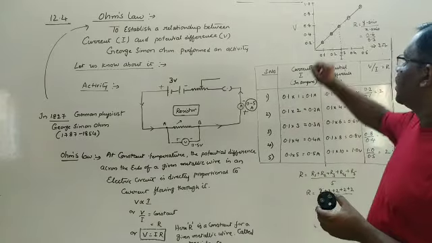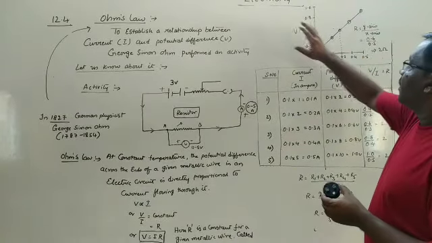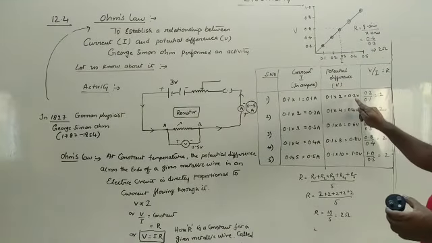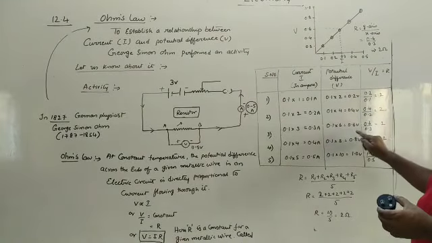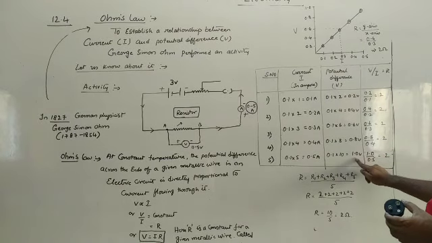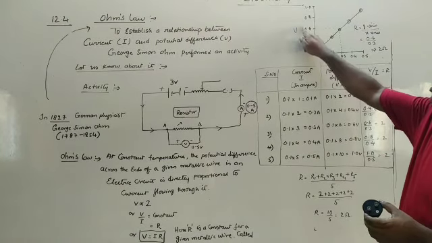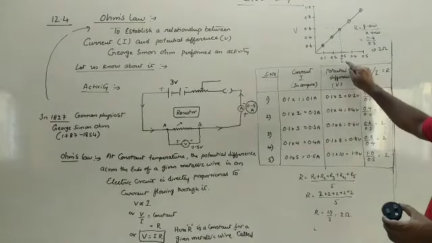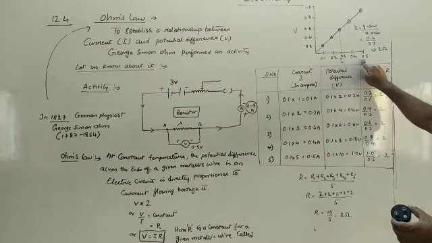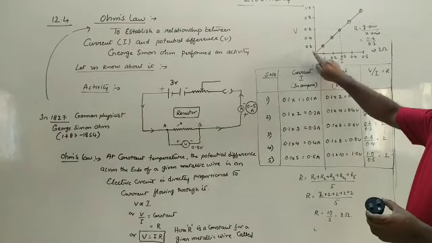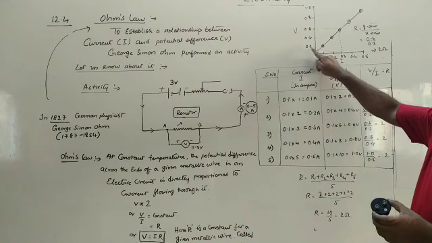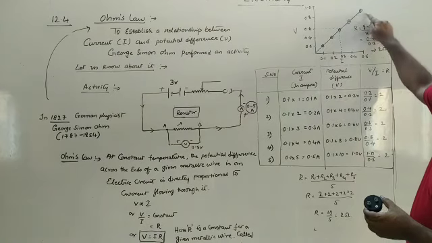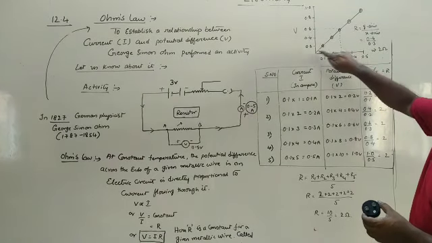So for this, I draw a graph between the various voltage values and the current values. What are the voltage values which I got? 0.2, 0.4, 0.6, 0.8 and 1. I am placing these values on the y-axis, and the corresponding current values are written on the x-axis. So when the current value is 0.1, the value of voltage is 0.2. So the corresponding values are plotted and I got the slope, that is the ratio between V and I, as a straight line.